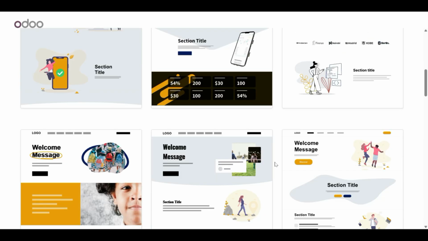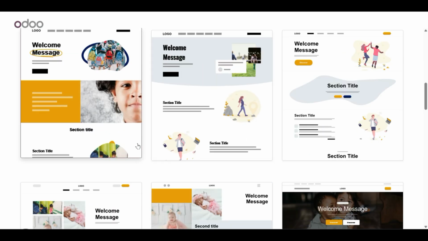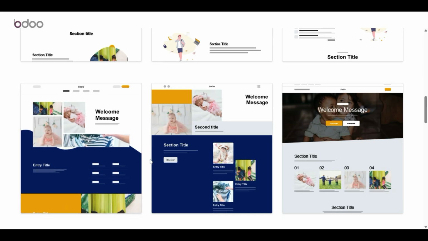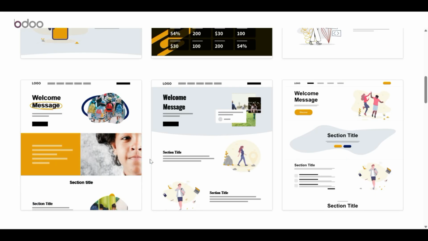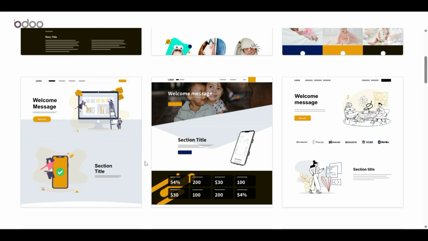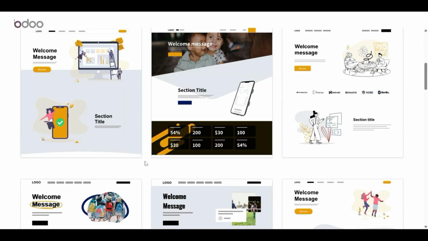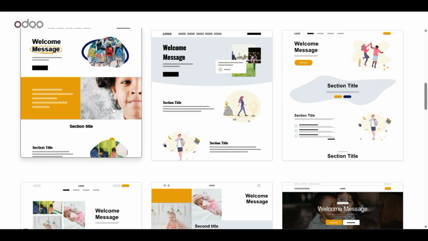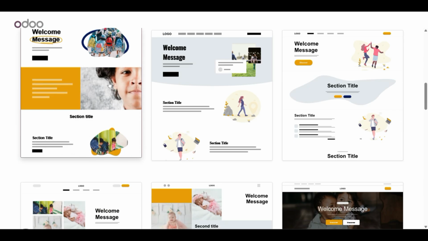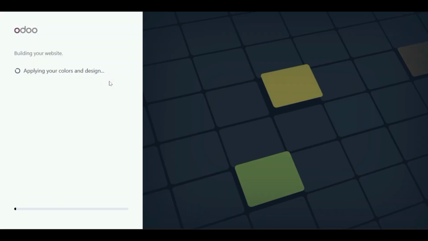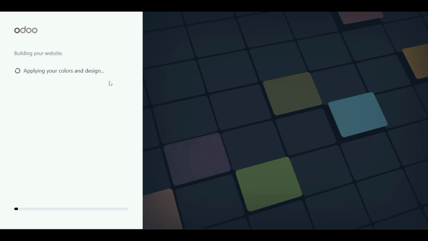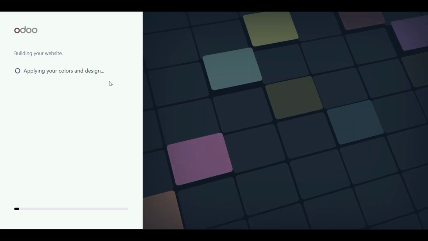So we have more choices here you can go with, because we chose kids clothing business, right? So it will auto suggest according to the business you select here. Okay, let me go with this one. Okay, I like it. So let me choose this one, and it will immediately apply colors, design, and create some